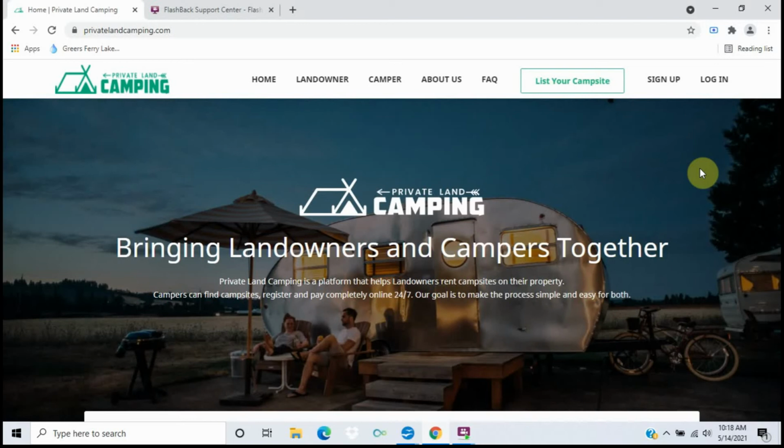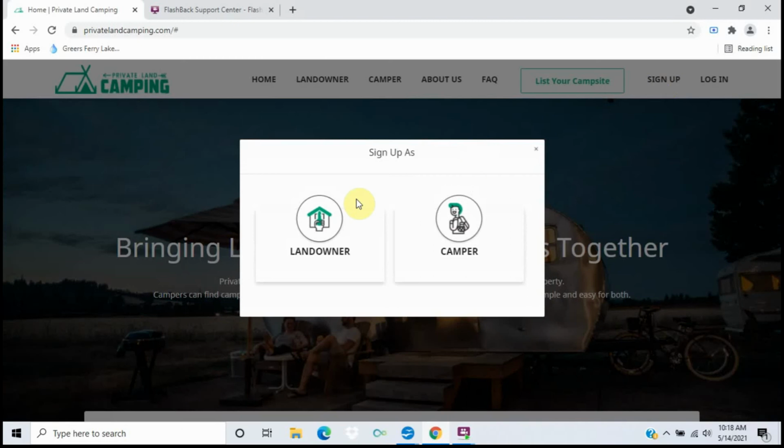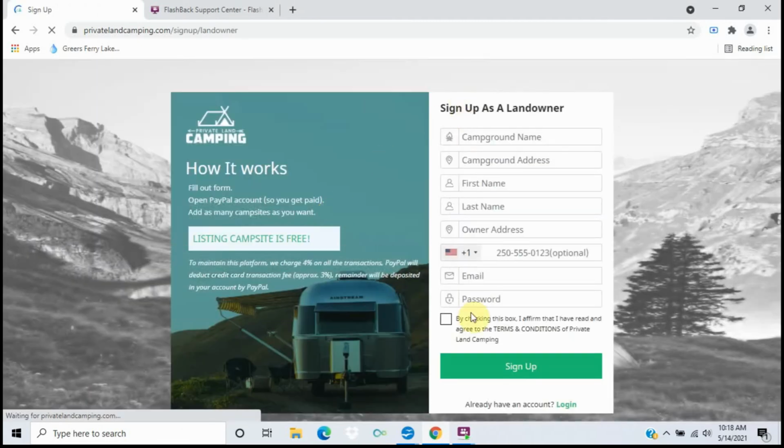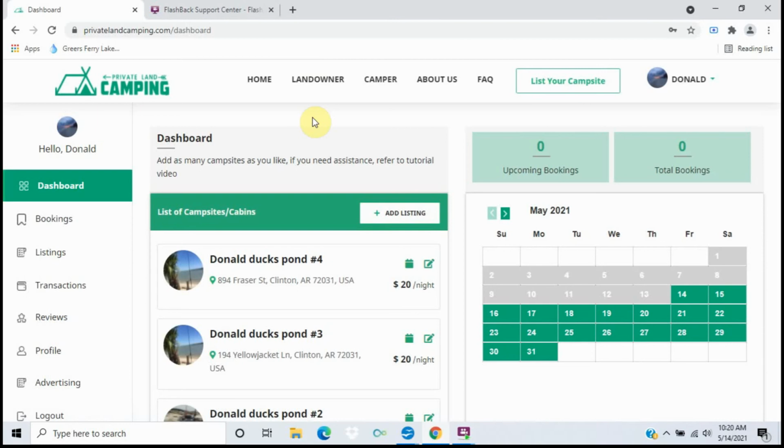Go to privatelandcamping.com, go to Sign Up, click Landowner, fill out this form. I've set up a dummy site so I can show you all the features without having to enter any information. When you log in, you'll go into your dashboard and go to Add Listing. Now this looks exactly like when you edit a listing, so we're going to go ahead and hit the Edit